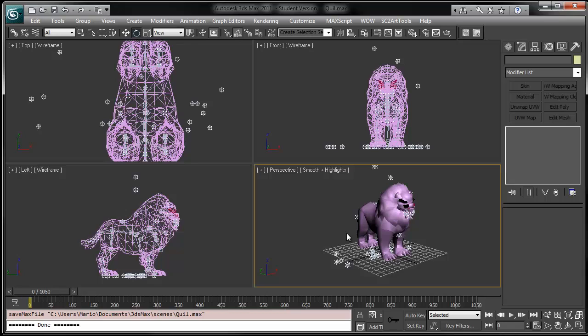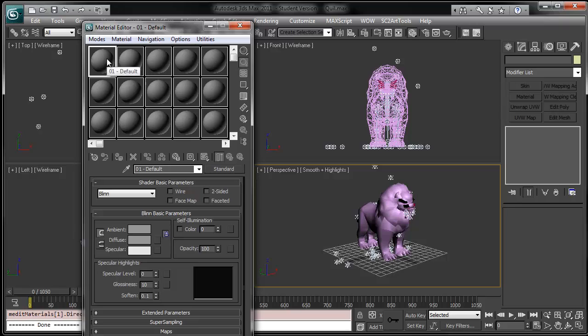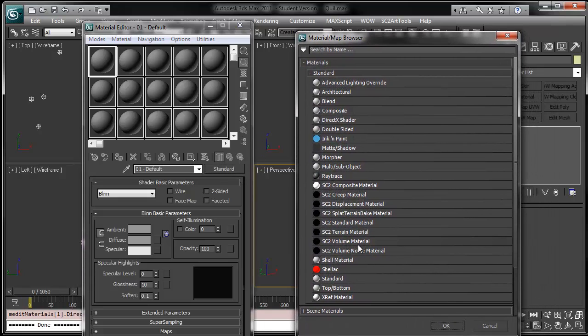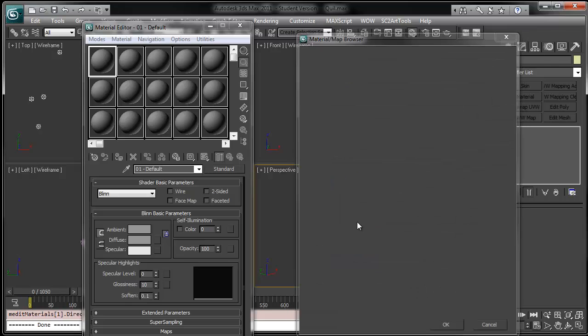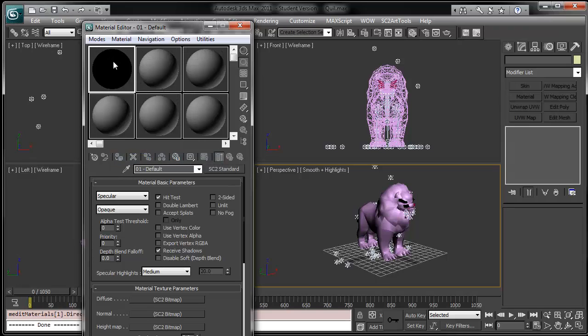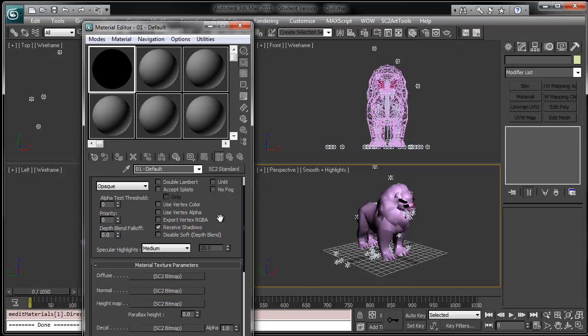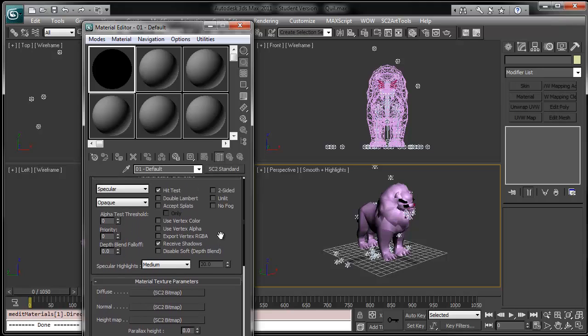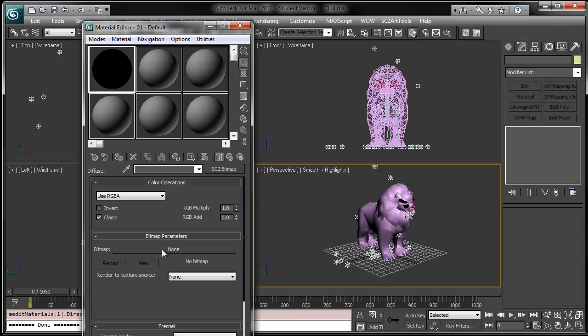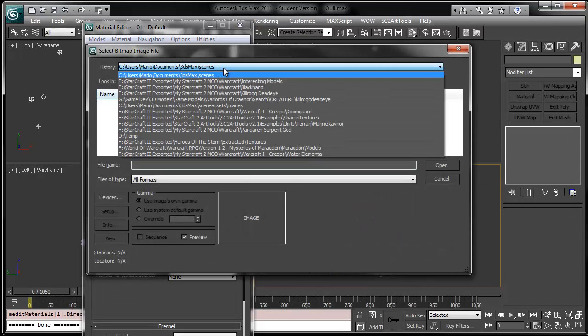So let's find the materials. Press the M, and with StarCraft 2 Tools installed, you go to this button here, standard. It will open up a material map browser, and one of them is StarCraft 2 standard material. Double click, and it will change to a black circle. Because the model does not have any transparent stuff, we're just going to select the diffuse map here, go to diffuse,